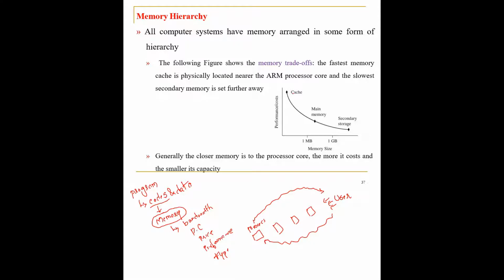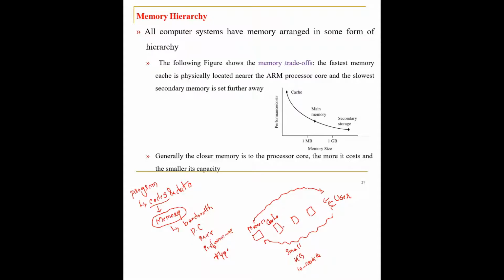Very close to the processor, you can see the cache memory. This cache memory is one of the fastest memories and is placed very close to the processor. Because it is the fastest, the pricing of this cache memory is also comparatively high. Normally the size of this cache memory will be small, in terms of KB, maybe 10 KB to 100 KB. The memory that is placed very close to the processor will be the fastest.